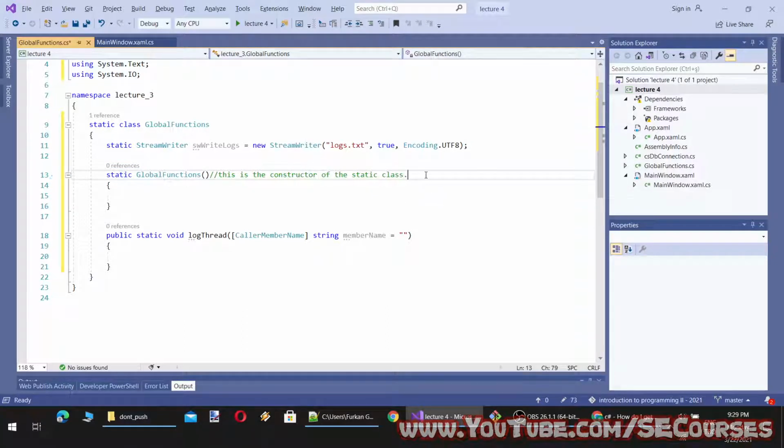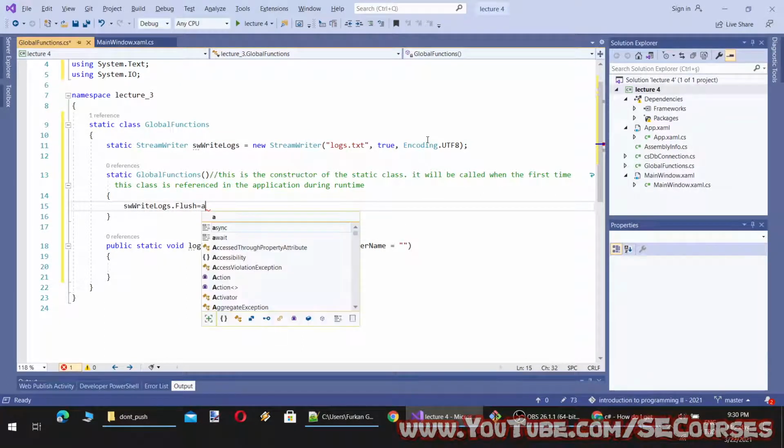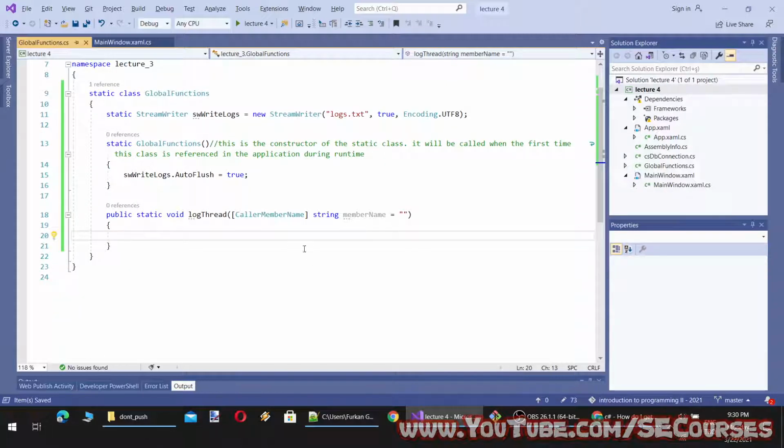It will be called the first time this class is referenced in the application during runtime. So here what I'm going to do is set AutoFlush to true, and here I will just log the thread ID, such as WriteLine.